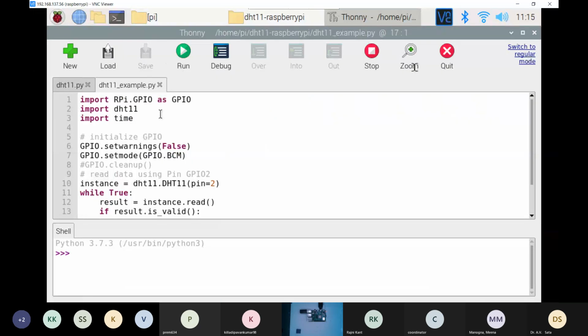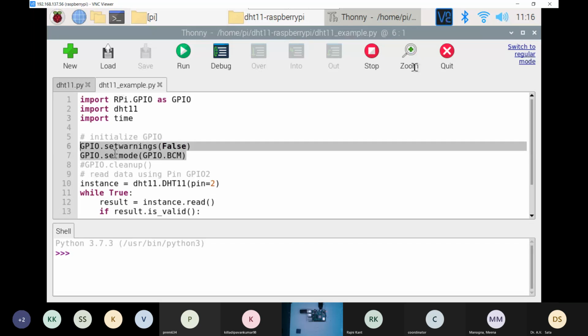Basically, we have imported the GPIO library through which we will be using our sensing pins, imported the DHT11 library, and imported time. Then we have a warning setting: if there are any false warnings, then it should give us the warning.